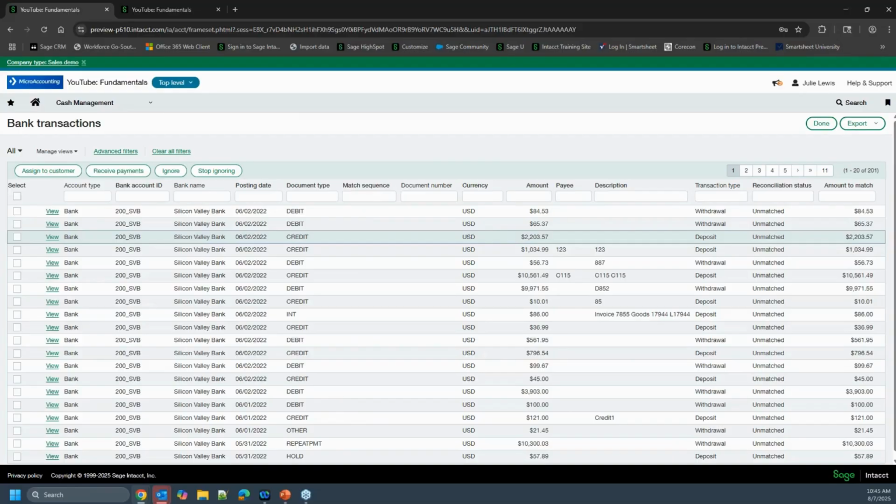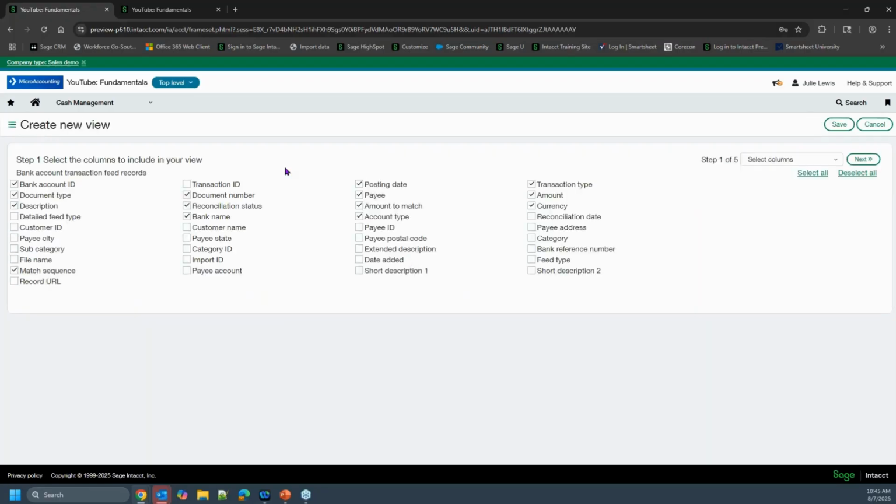Now what happens is, if I create a new view and I select all of these fields, I can use those in my create or match rules or even assignment rules, from an AR perspective.